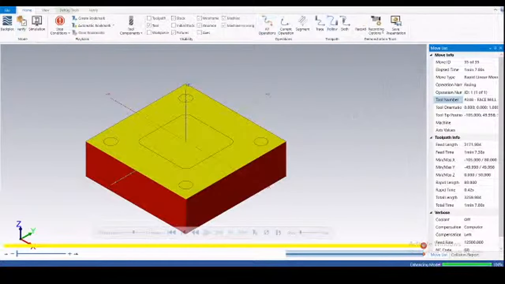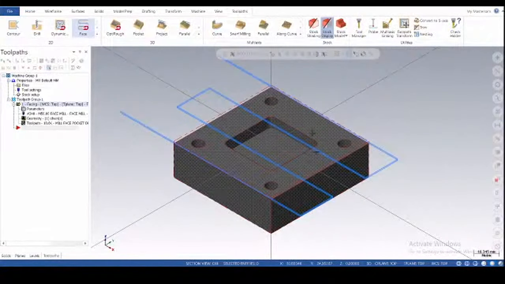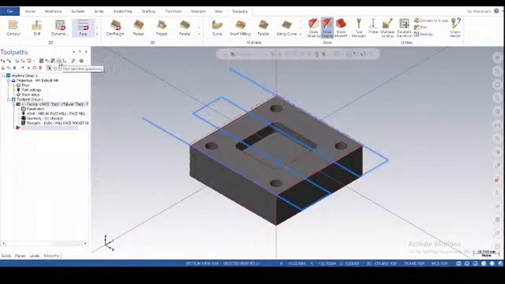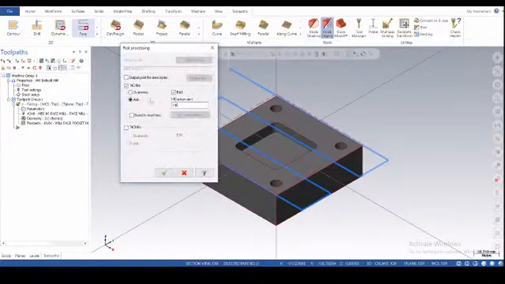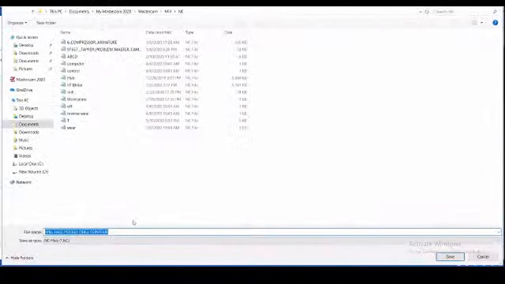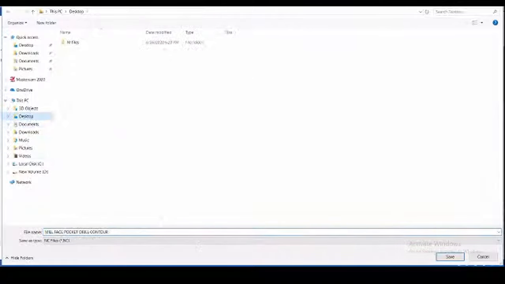Okay, and if we are talking about how the ANSI code is generated, then for generating the ANSI code you just have to click on this post selected operation, G1. Just click on this, and in post processing you have to click on the ANSI file and OK. After the OK, it will ask for the root where the file will be saved. I will save it on the desktop.